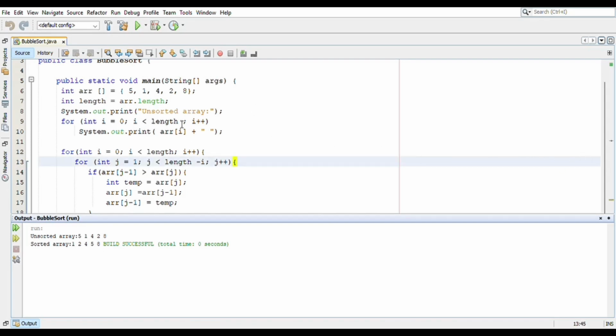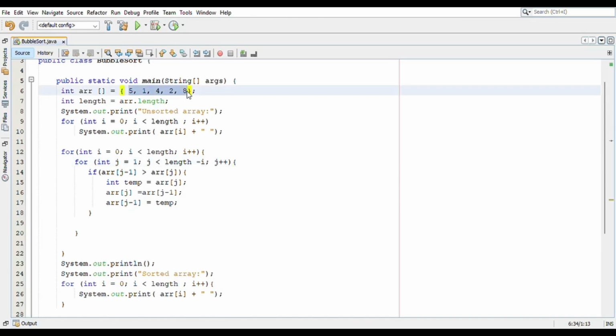So I'll provide some other numbers over here. So let's say 32, 12, 37, 56, 45, 23, and 1.